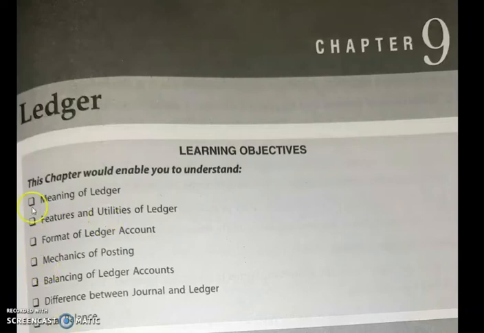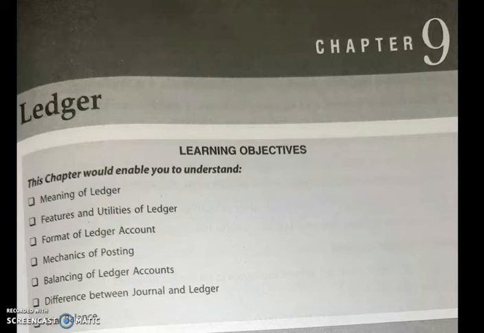Next, ninth chapter is of ledger. Here in this chapter you just have to know how posting is done from journal to ledger. How a posting is done, that you should be familiar with. So not much theory questions will be asked, only some objective type of questions you can study from this